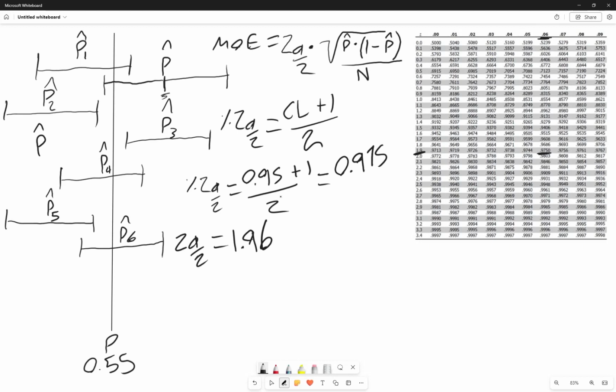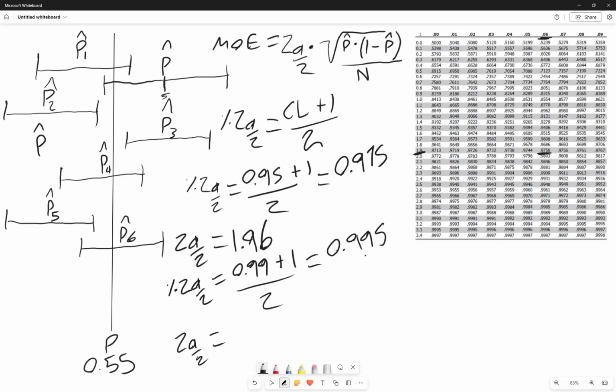1.96. Let's find the confidence Z, the percentage Z alpha over 2 for a 99% confidence interval. So our percentage Z alpha over 2 is going to equal 0.99 plus 1 over 2. And that means that our percentage Z alpha over 2 is just going to equal 0.995. To find our Z alpha over 2, we just look up this value in our Z table,